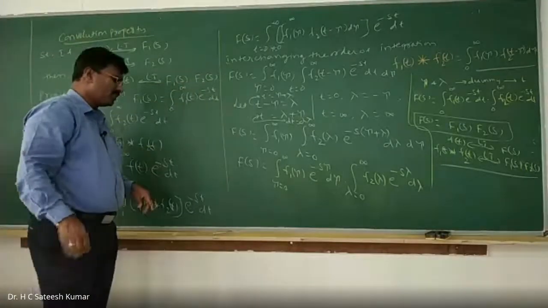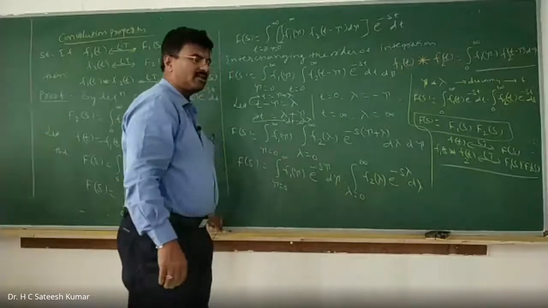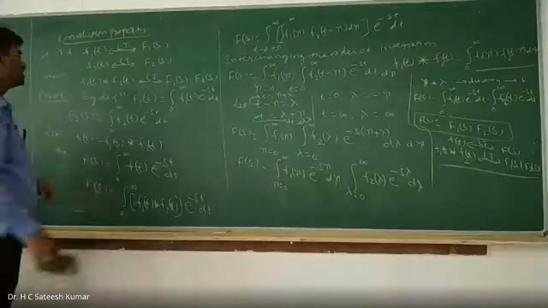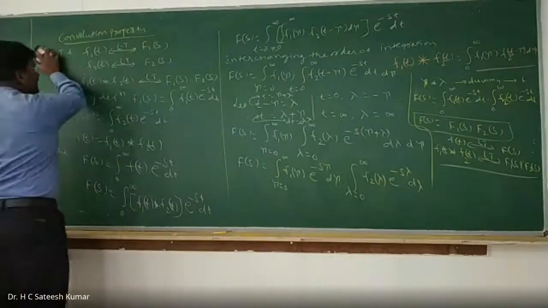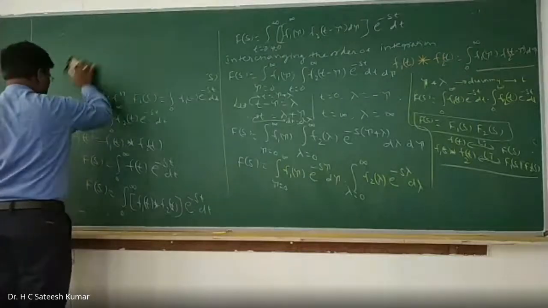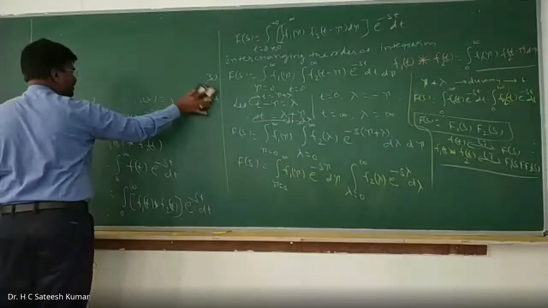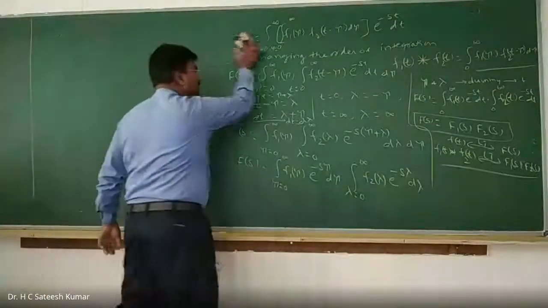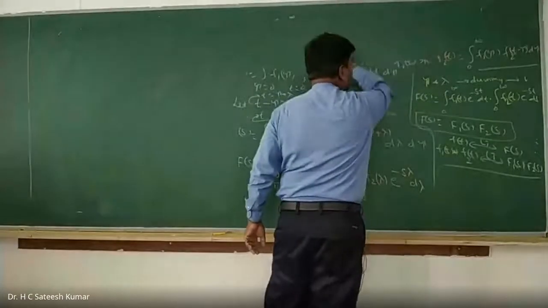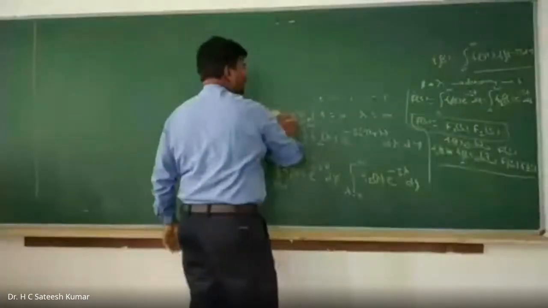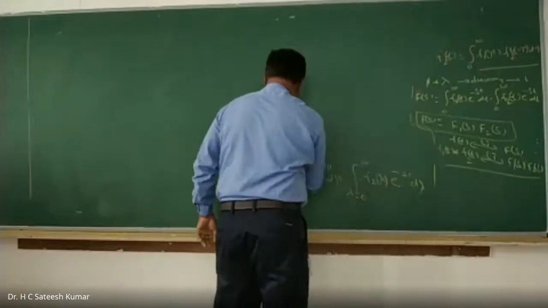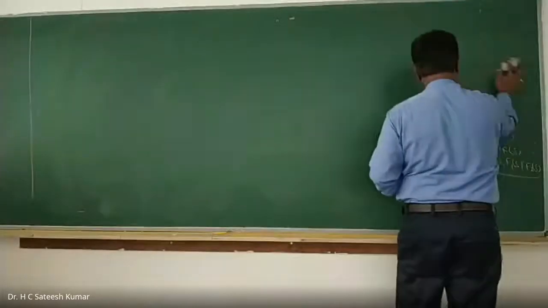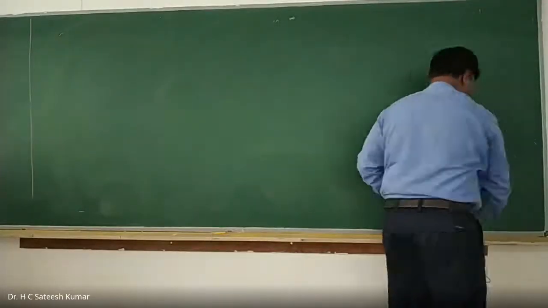This is a very, very important property. We use these things extensively in the higher semesters. The convolution property says that convolution in time domain will be multiplication in S domain. We find the same property in Fourier transformation as well as in Z transformation: convolution in time domain will be multiplication in Z domain as well as in F domain. This is the proof you have seen in many examinations: property, statement and proof.